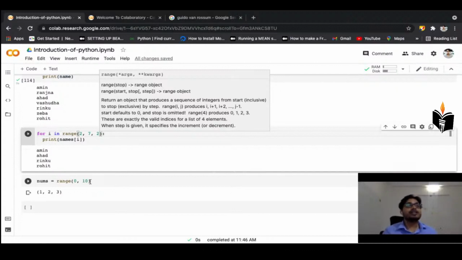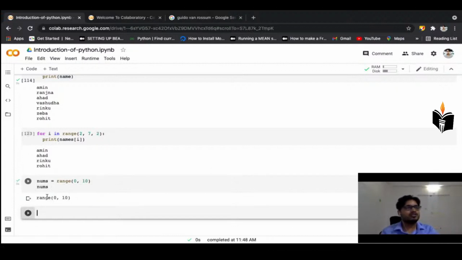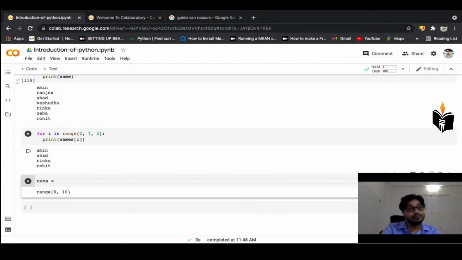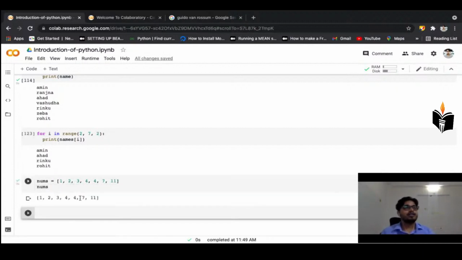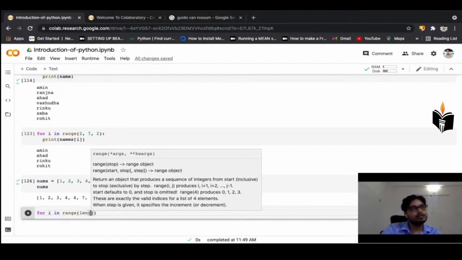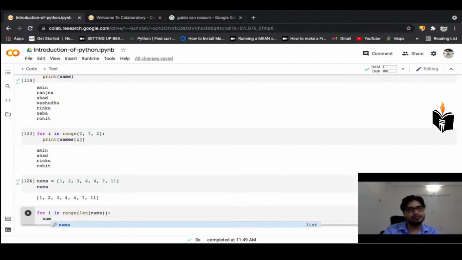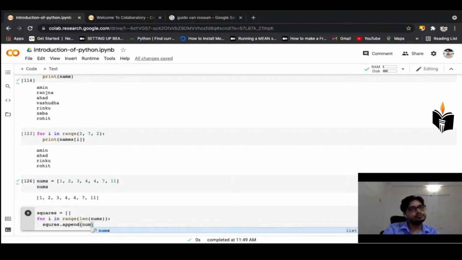Okay, now the nums will be stored this way. No, actually I'm a little bit confused. Sorry, suppose I have some numbers, 1 2 3 and 7, and you can update the value like for i in range of length of nums, and if you want to take a variable like,